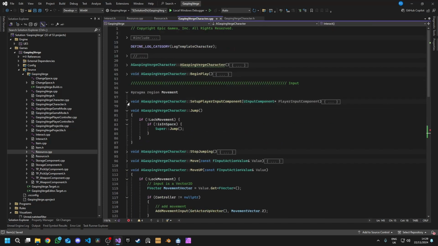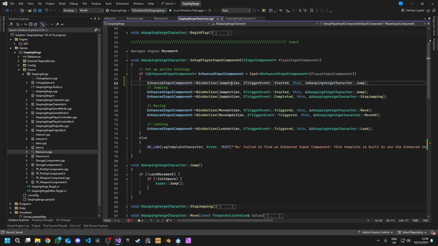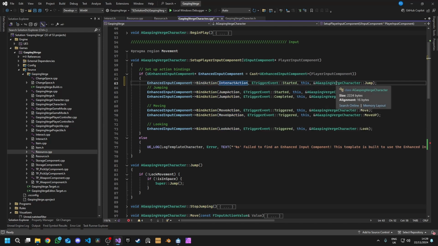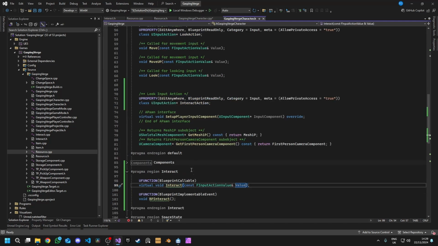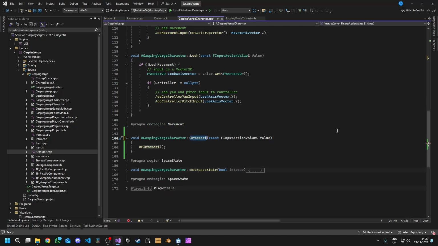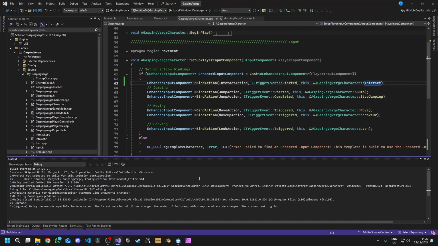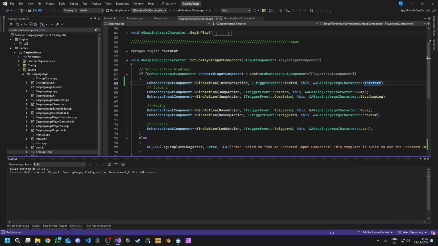So when we come back to here, we can go to our set player input. Then we need, let's do started. And we want our interact action started. Where's our interact function? Oh, copy that, and we'll just plumb that in there. So now when we hit E, we'll be able to